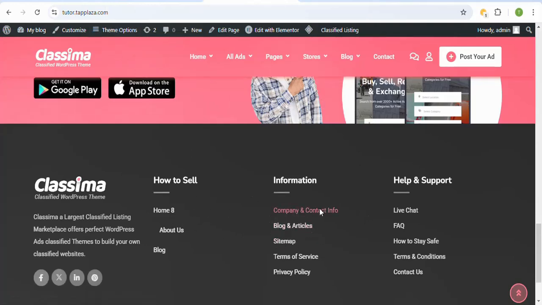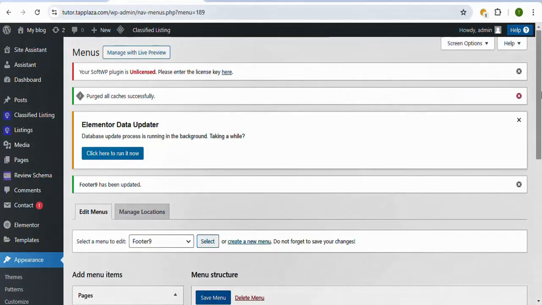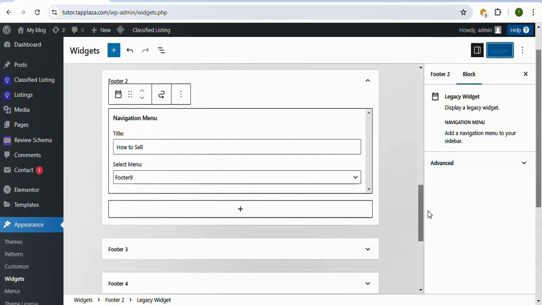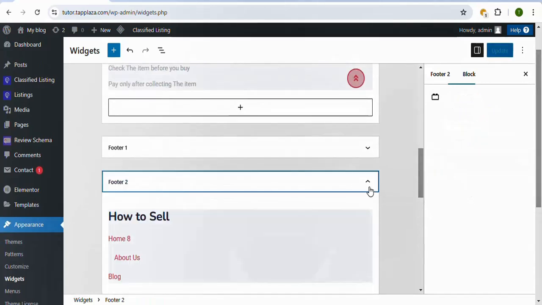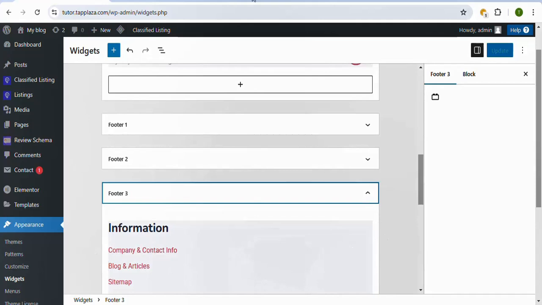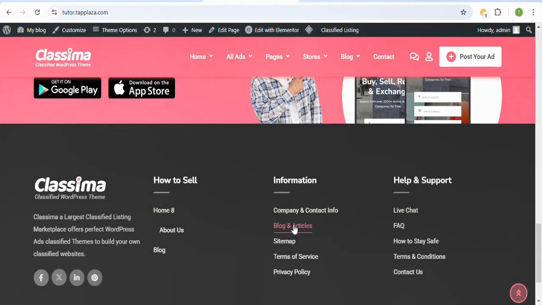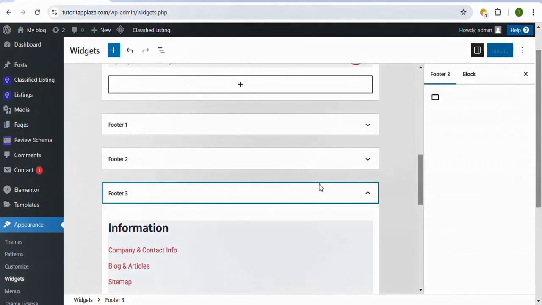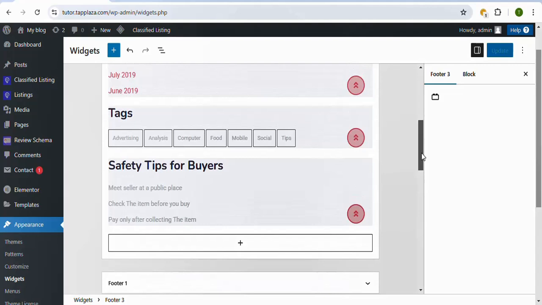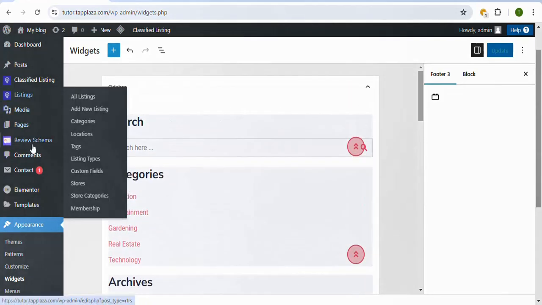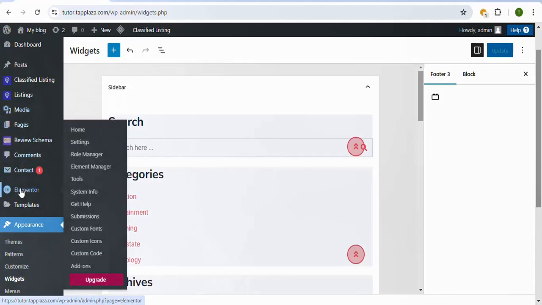All these ones you can change. All you need to do is go to widget 2, widget 3. That's where you see those remaining ones. Let me show you. If you go to widget 3, you can see information, company and contact info. So this is basically how you can add your menu to your website or edit them. Then the last thing I'll be showing you